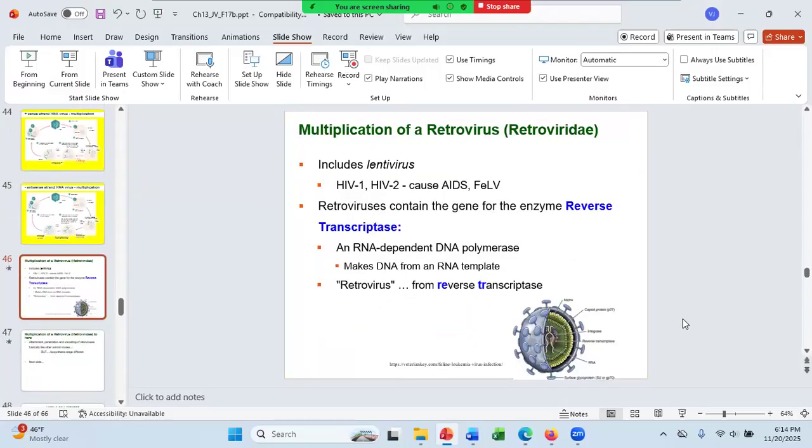All right, let's talk about family retrovirus, Retroviridae. This includes the lentiviruses, including the viruses that cause HIV-1 and HIV-2, both of which cause AIDS, but the symptoms are a little different between HIV-1 and HIV-2. Another lentivirus or retrovirus is feline leukemia virus, which causes leukemia in cats, and it's a sexually transmitted disease